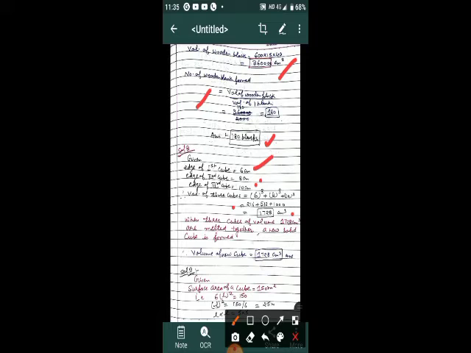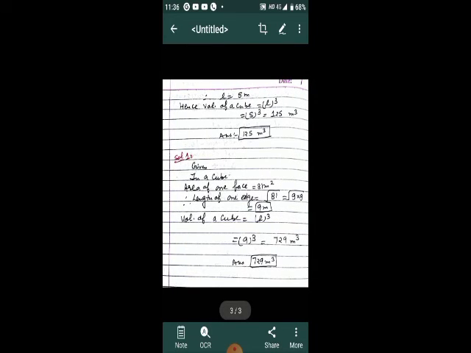So now a solid cube is formed, a new cube is formed, then the volume of the new cube also becomes 1728 centimeter cube, same as the sum of the volume of the first 3 cubes. Now in question number 9, surface area of a cube is given as 150 meter square, so you will use the formula 6 into L square 150, and L square is equal to 150 by 6, 25 meter. Now L into L 25, you will find L is 5 meter. L means length of each edge of a cube. It becomes 5 meter. Volume you will take as L into L into L, 125 meter cube.